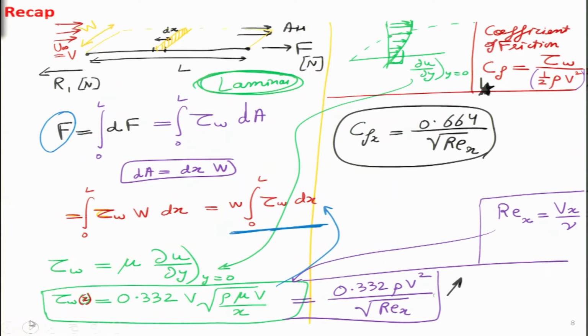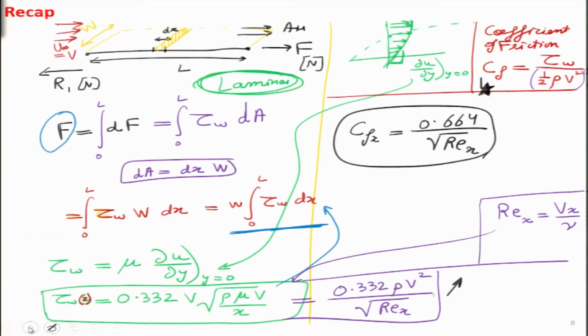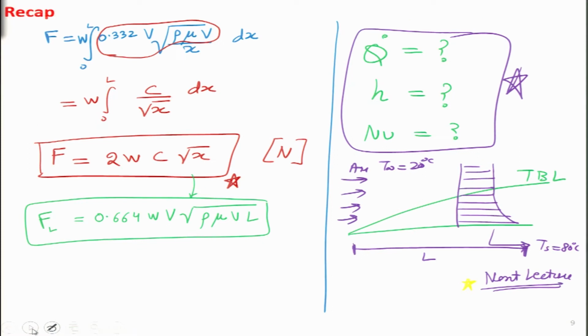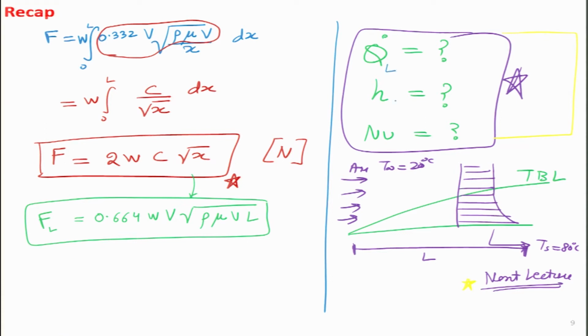These are some of the things that we looked at, and then we asked ourselves some questions as well. I will summarize that question again: how do we calculate the value of these parameters once we want to average them? For heat transfer, we want to calculate these three values, Q dot, h and Nusselt, with a subscript L, that we want these values for a plate of length L as shown over here.